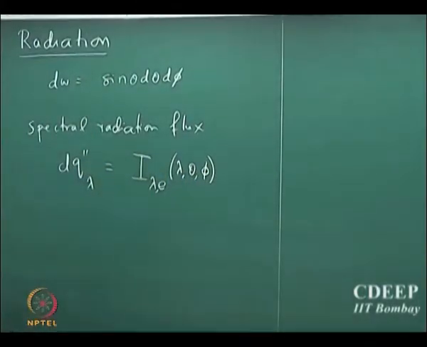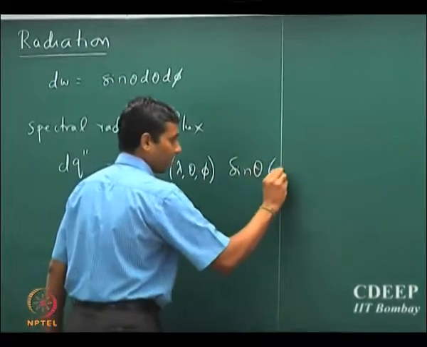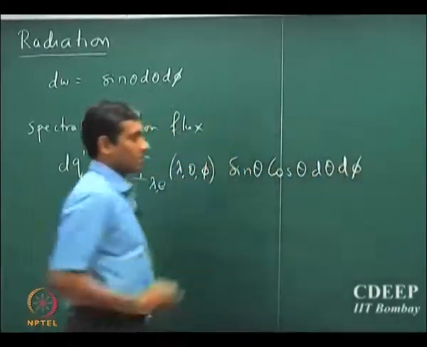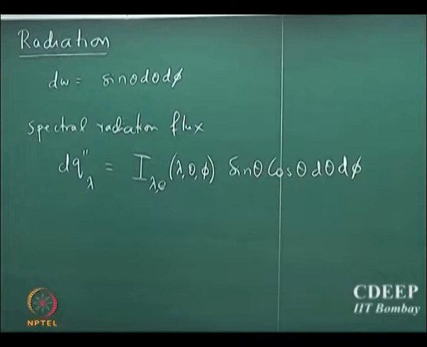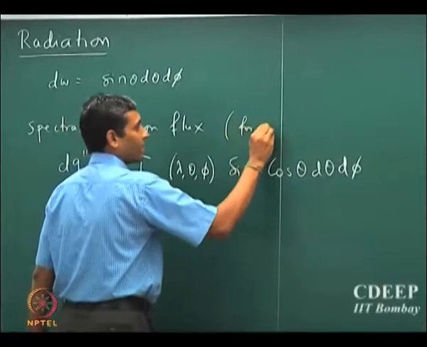In principle, it is a function of temperature, but we will see that in a short while. Okay. That will be sin theta cos theta d theta d phi. So, that is the definition of the spectral radiation flux. I can qualify it by saying for emission